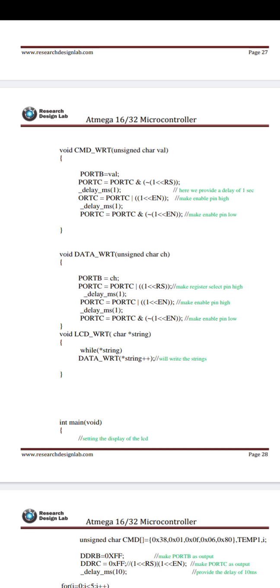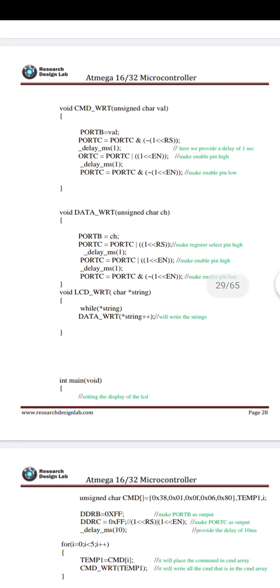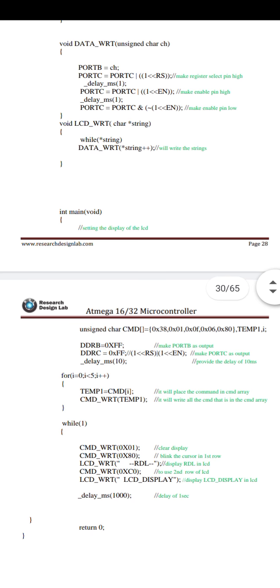Then the LCD string function, while string data write, string++.